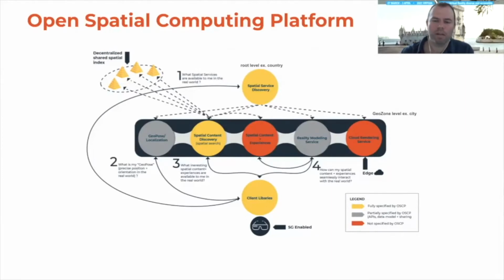If you take one of the simplest use cases today, that might be occlusion. So if I've discovered all this content through spatial content discovery, but perhaps there's a tree or a building between me and the content, then I ideally shouldn't be showing that to the user, right? The richer these spatial experiences become, the more important it is for them to interact seamlessly with the real world around them.